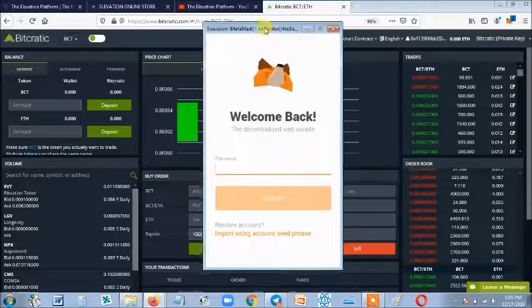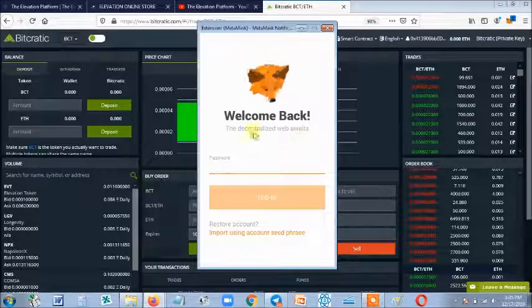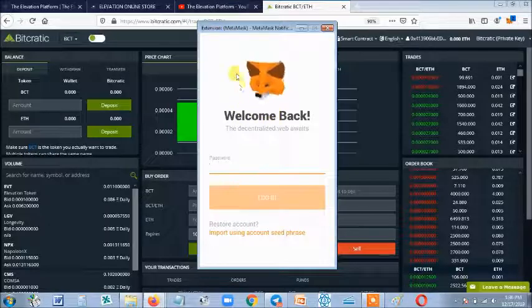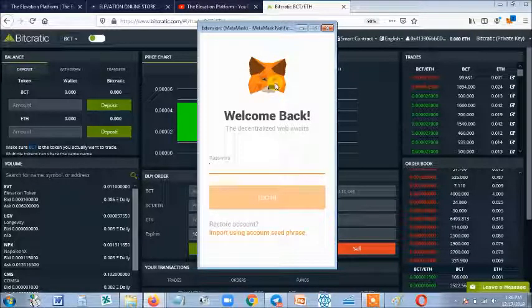Now this software, this little box that is popping up in front of me, is called Metamask. Metamask is actually an add-on, an extension that is installed in browsers like Firefox and Google Chrome. It helps you to connect wallets to platforms like this. So Metamask is prompting me to input my password, and then my wallet gets connected to this exchange, and then